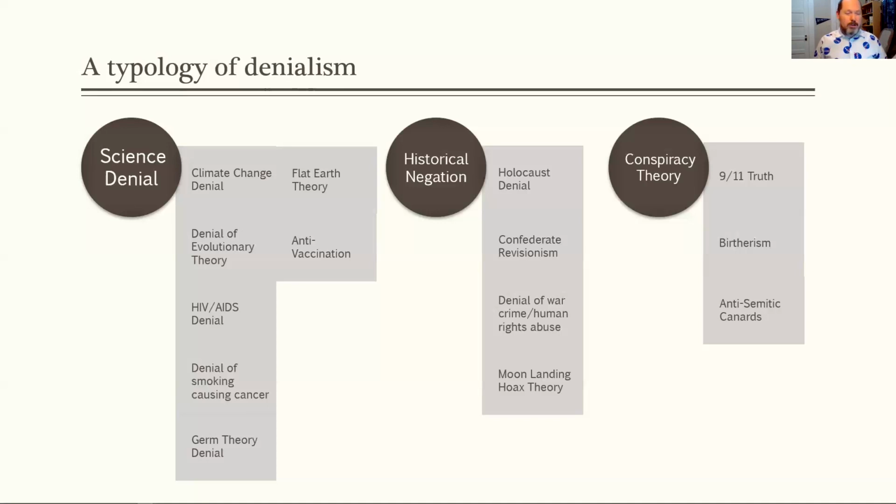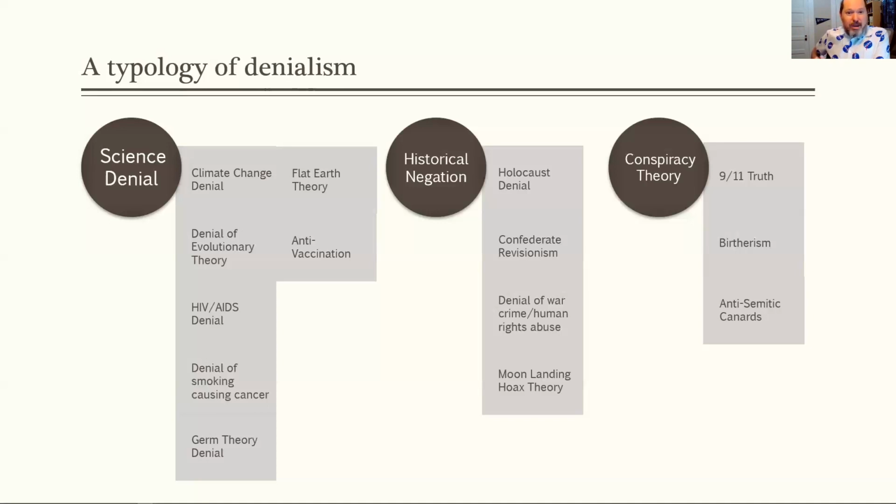The moon landing hoax would say that NASA is involved in a cover-up. Holocaust denial engages in the idea that this worldwide Jewish conspiracy is trying to get sympathy for Jews by spreading this lie, is what they'll say. Or the denial of war crimes and human rights abuses. Often they'll say, oh, it's the Western media or the press, they just try to make us look bad. And so it's kind of a conspiracy theory. Flat Earth theory, again, they say NASA's involved in a cover-up.